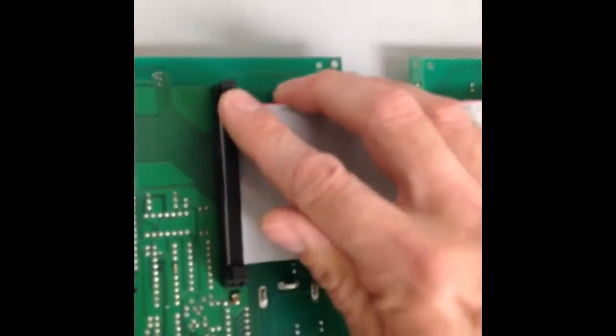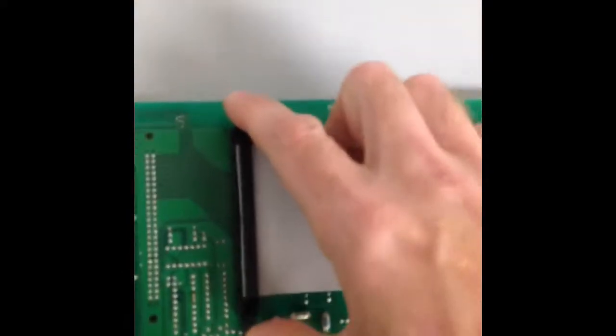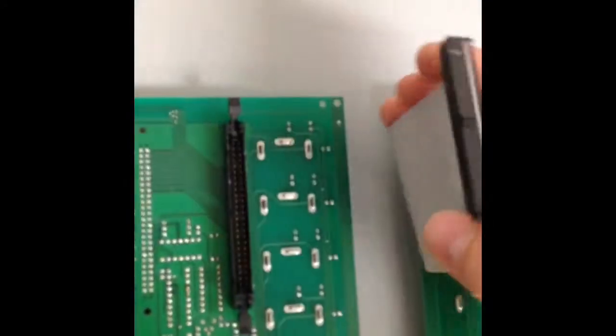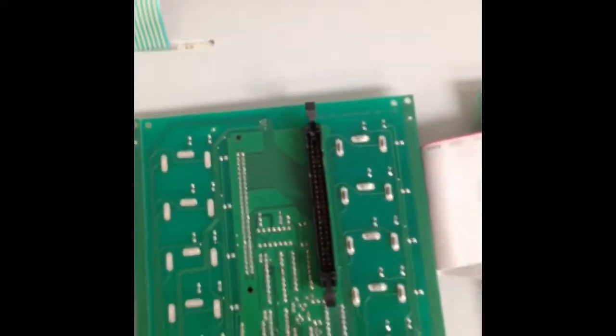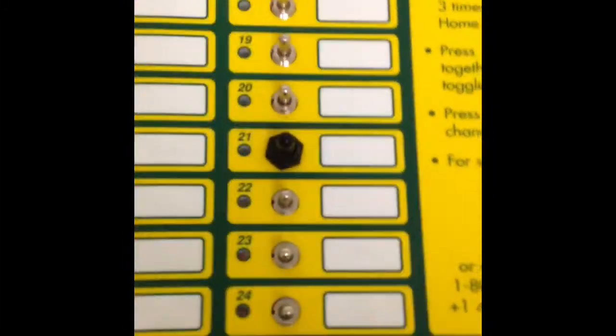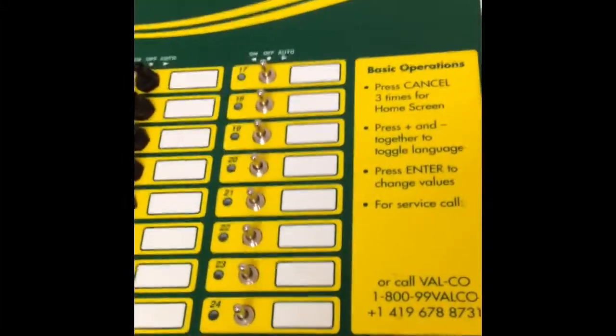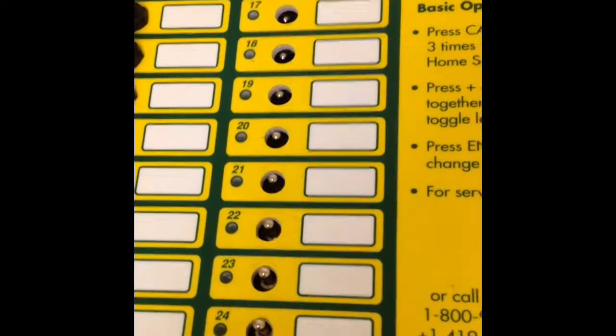So to take the ribbon cable out, you just have to push out on both of the tabs all the way, they push pretty far, and then gently lift up on the ribbon cable. Tuck that off to the side, hold the board with your hand, you'll be ready to take off the last cover. With the last toggle switch cover removed and supporting the board, you can now just let it drop out